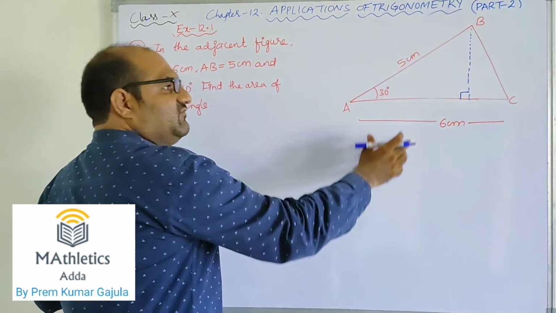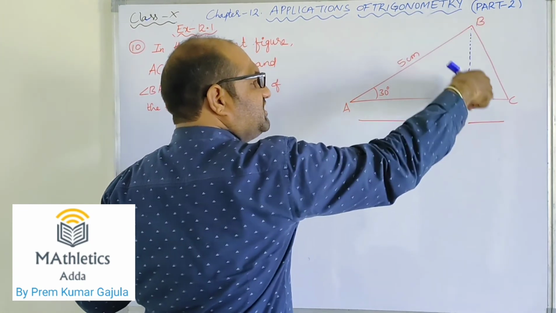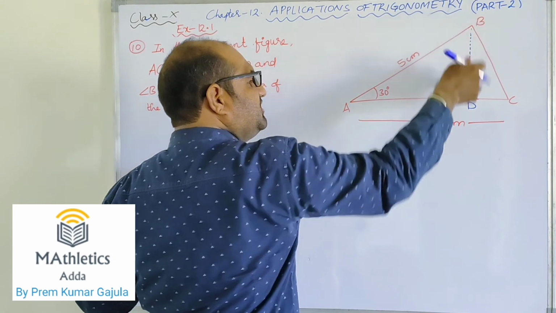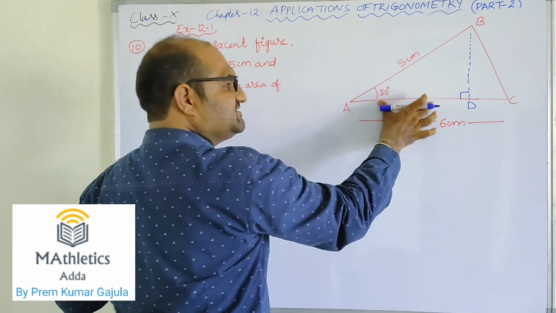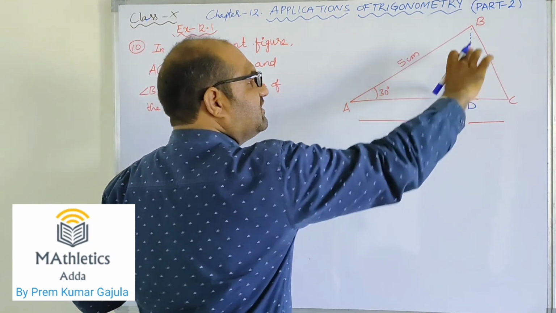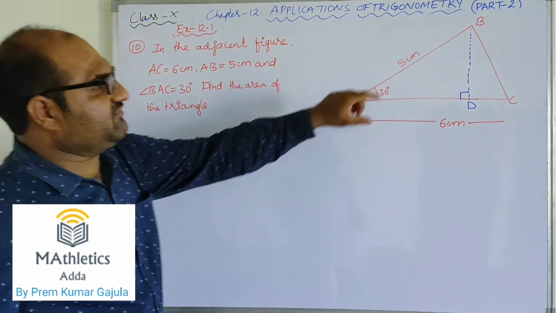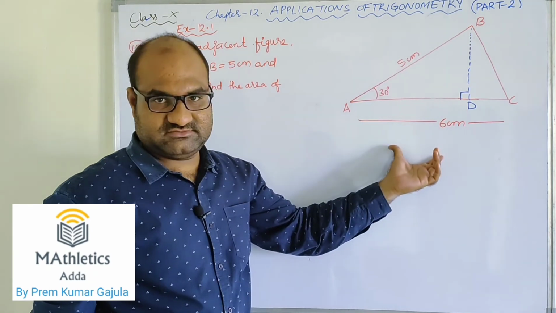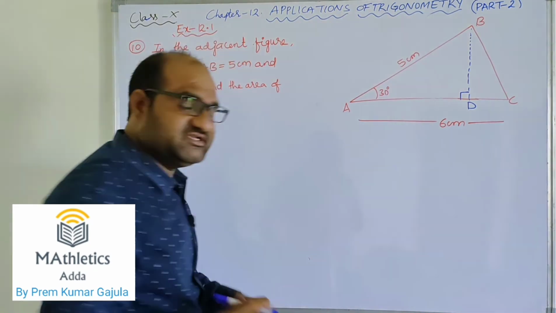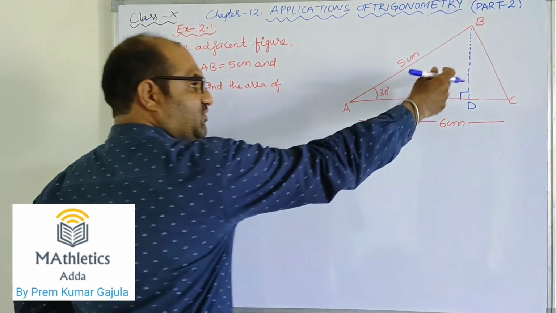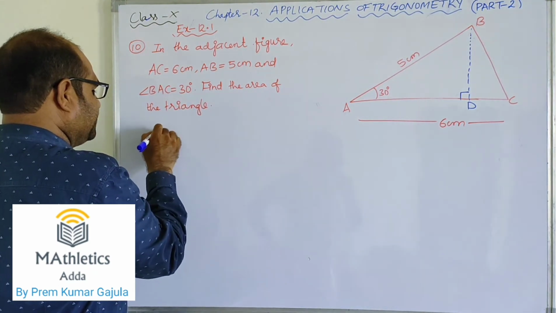Okay. So now if you observe carefully, let us suppose that this is D. BD is perpendicular to AC. Now we have got BDA, a right angle triangle, in which the hypotenuse is 5 centimeter, AD is the adjacent side of 30 degrees angle, and this BD is the opposite side of the 30 degrees angle. So what we want is BD to apply the formula of the triangle's area. So to get this BD, by using these two pieces of information, which trigonometric ratio should we apply here? Opposite side is there and hypotenuse is there. So what should we apply? Yeah, very good. Sine I am applying.